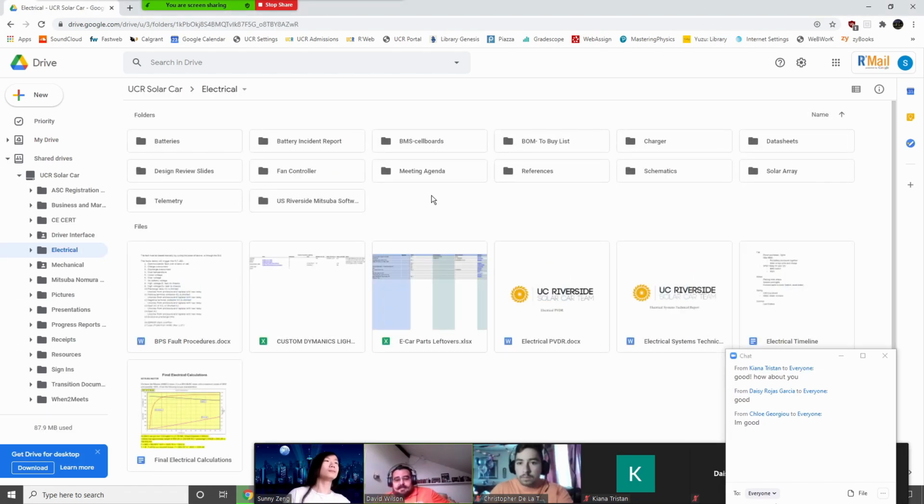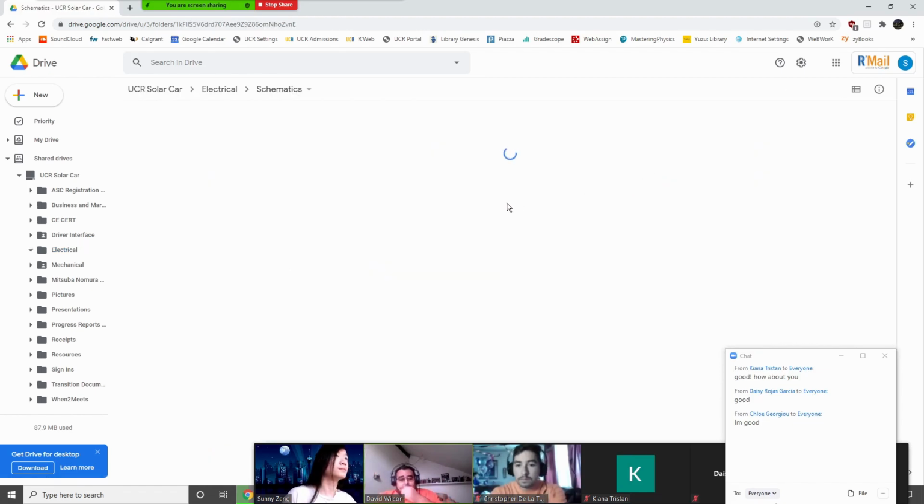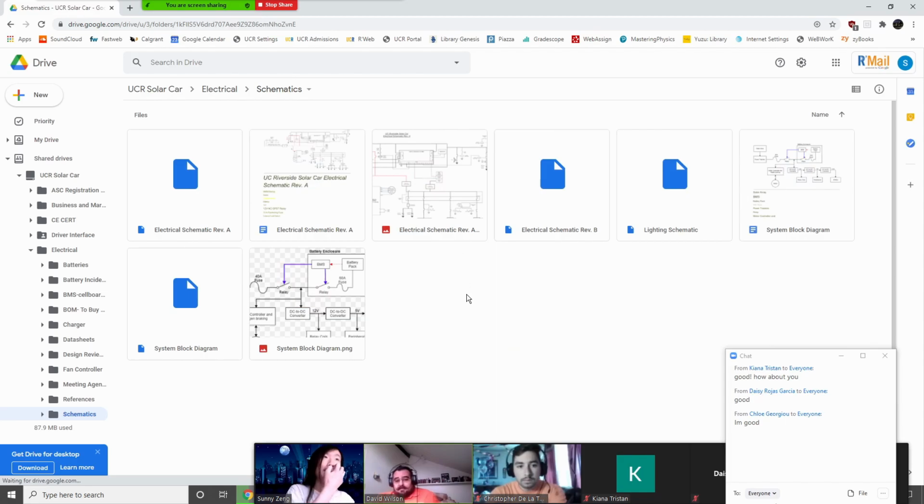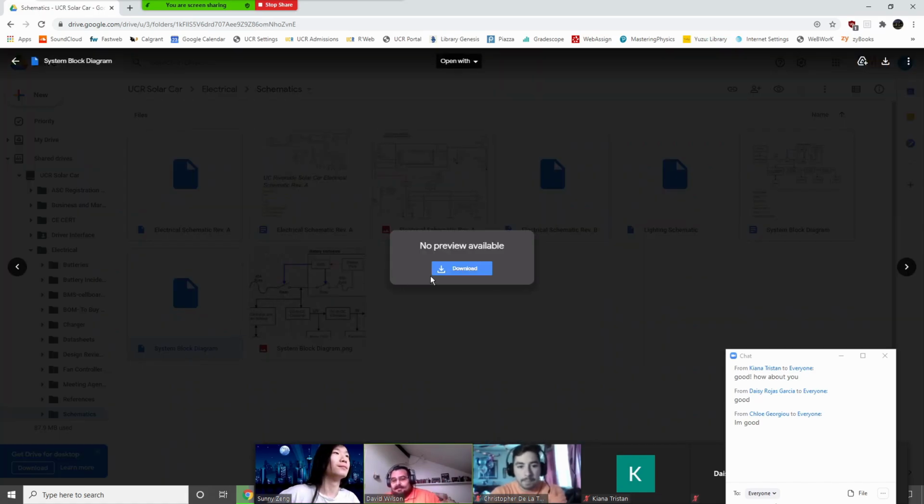So in these sections, like I said, everything's kind of consolidated into different areas. Today we're going to be going into the schematics. So top right and down. In here we have two very important diagrams. The first one is the system block diagram, which is you had it in